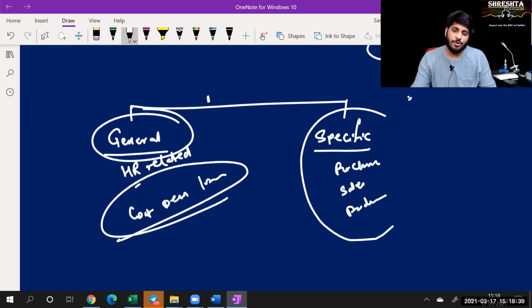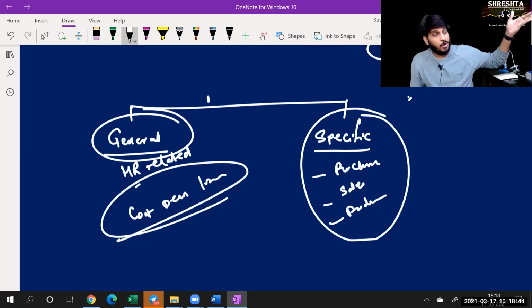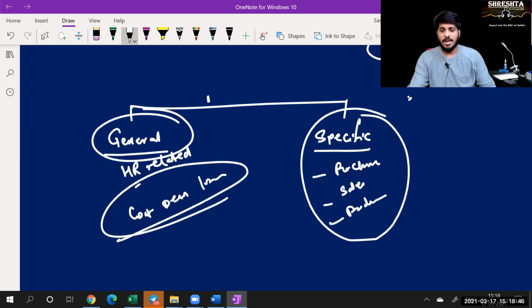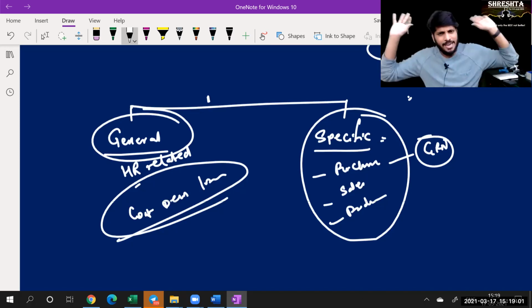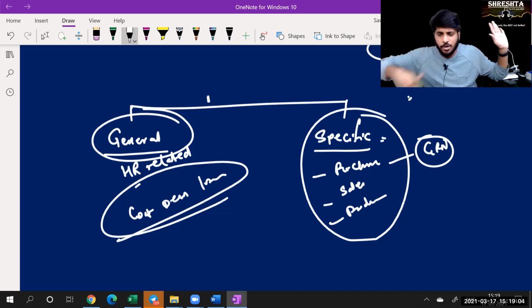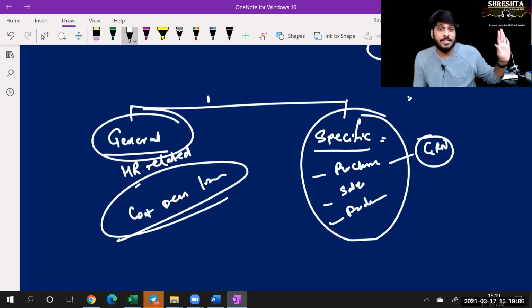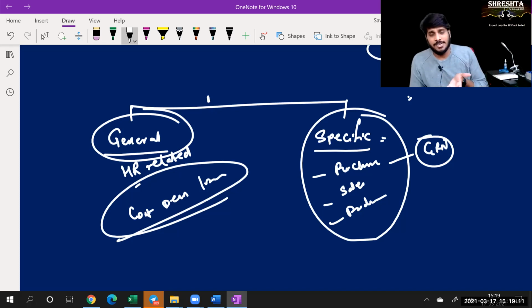Now for specific controls, generally if there is no significant change, last year's purchases were processed the same way this year. Last year's GRN control, how GRN works, works the same way this year also. If there are not many changes in specific controls from last year to the current year, accept the evidence of last year. No need to once again look into the current year specific control. That control has operated in the same way in the current year, so you can accept it as it is.